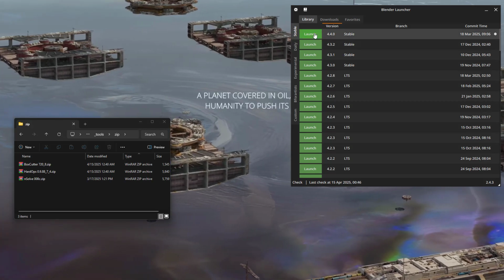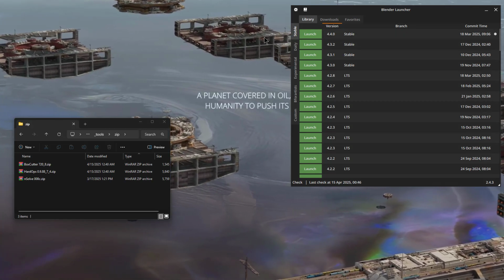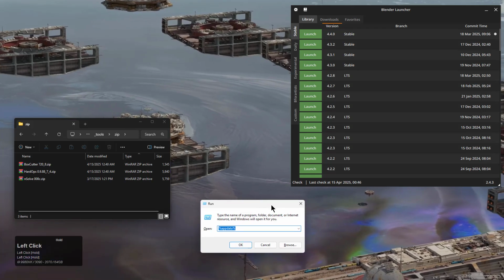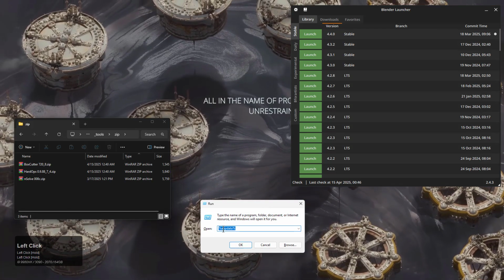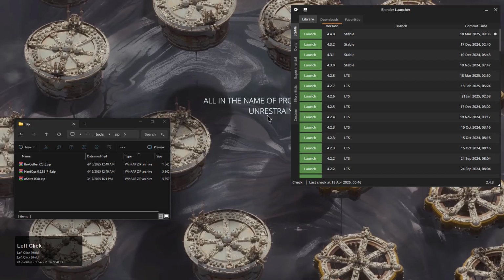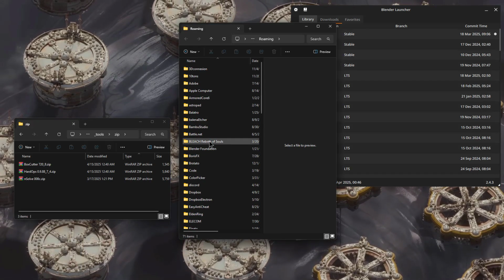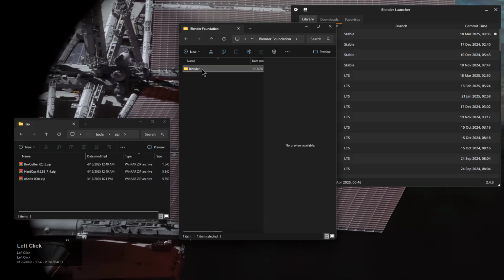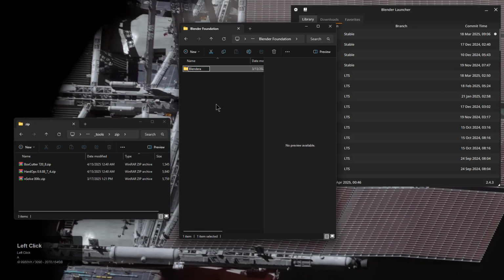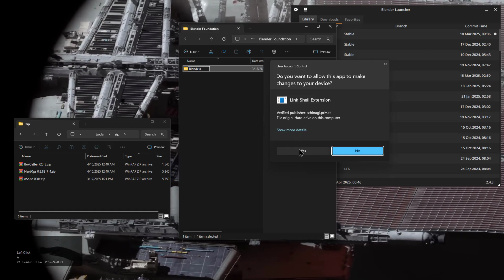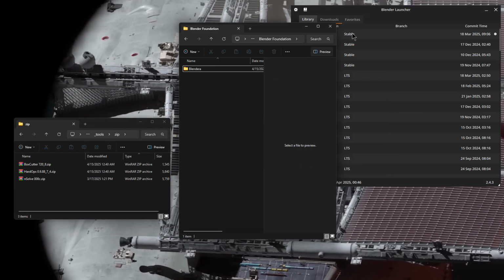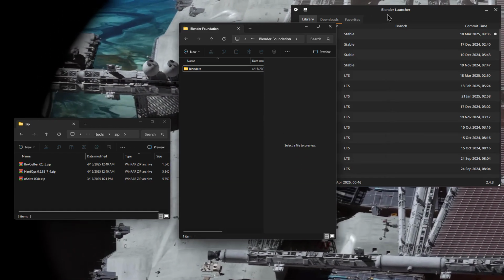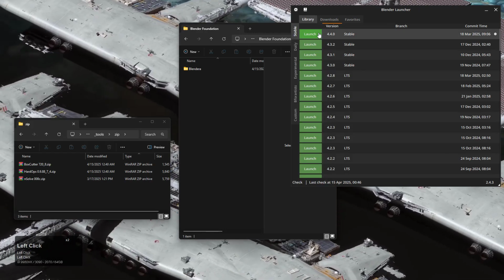Alright, so what we'll do here is hold down the Windows button and press R to bring up a run window. And we're just going to go to %appdata% and click OK. And this will take us to our Blender Foundation folder. From here, I'm just going to take Blender and put a letter A at the end. That way I'm just renaming the folder, so afterwards I can restore things back, but for the purposes of testing, it's always good to have a pure